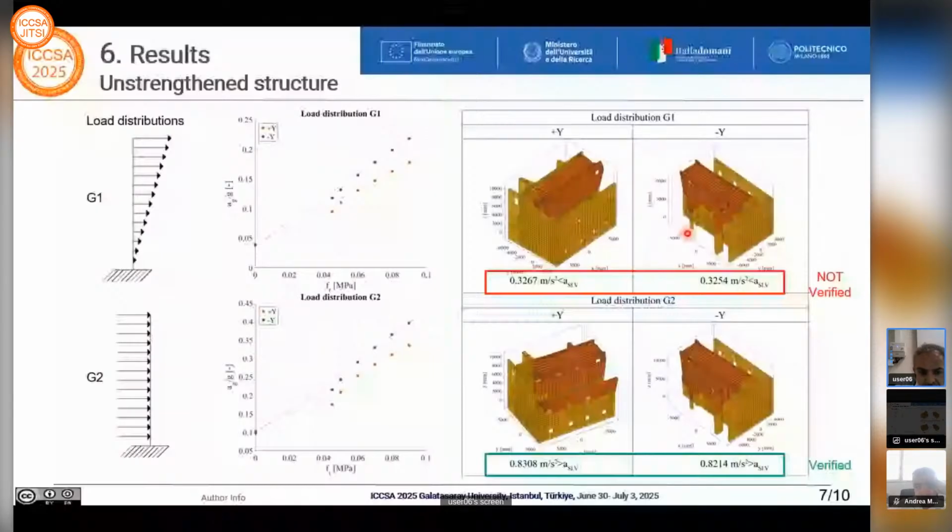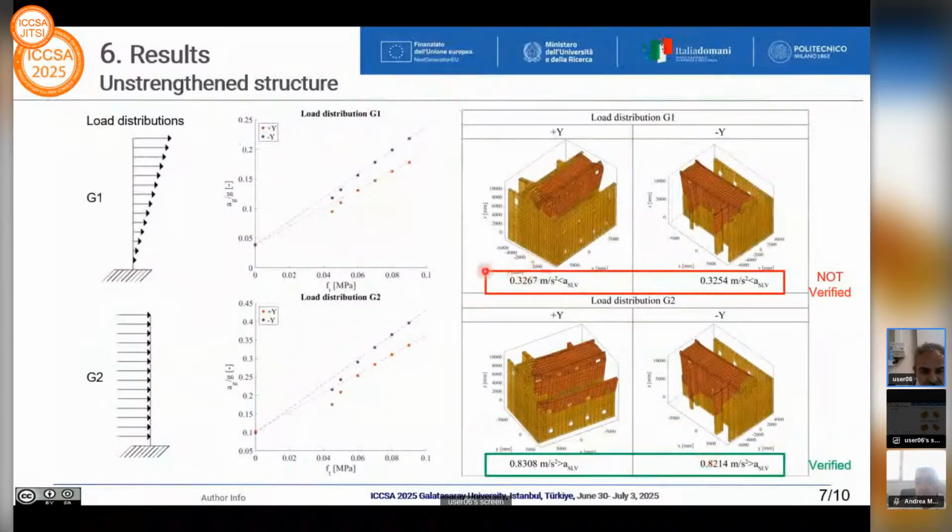And so transversally, from the left to the right, and transversally from the right to the left. This one is the failure mechanism with a certain filter that is equal to 10% in case of a distribution that is equal to G1, and this one is the situation, so the response for the G2 distribution. As you can see,